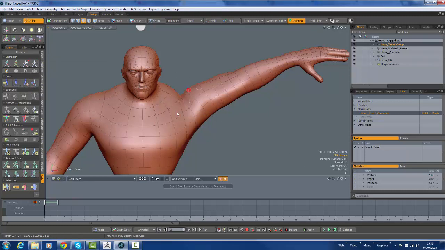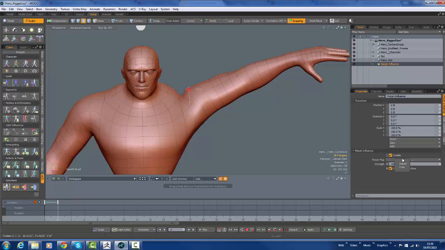You can clearly see it's not doing anything. That was just disabling the morph map, just in case it's not the morph map but the morph influence having an undesired effect, but it's not making any difference. It's definitely not transferring from one to the other, no matter how many times I do it. So with that said, just to show that the morph map is functional,